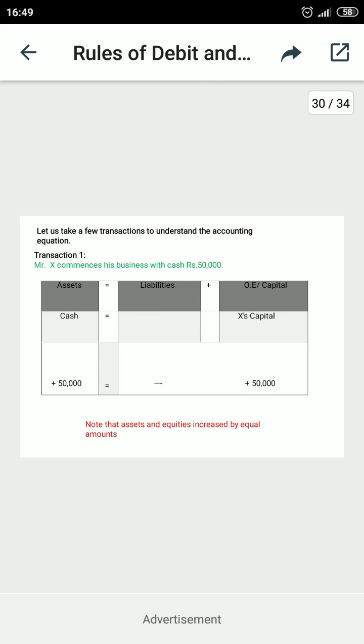Now illustration number 1. The transactions have been listed in example number 1. The business started with cash 50,000. So you may observe at the top the equation is listed: asset is equivalent to liabilities plus capital. Many assets will take their place under the column of asset, and the liabilities will take their place under the column of liabilities. Capital has only one column, where revenue and expenses will be entertained.